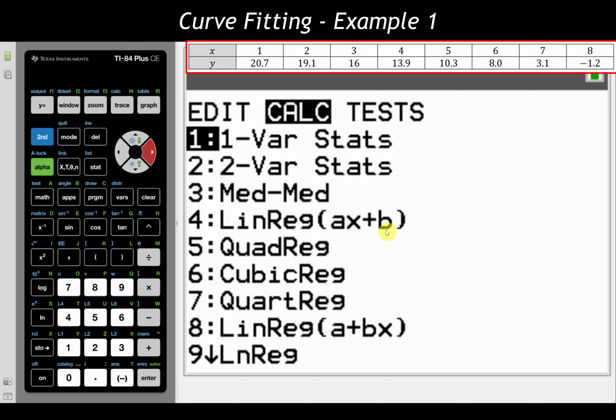There are technically two versions of these. They calculate the exact same thing. I would recommend using this one because this is closer to being in our slope-intercept form, the y equals mx plus b. It just has that x value in front. If you'd like to use the one down here, you're welcome to. I also think it's just the first one we get to, so why not use that? So we're going to scroll down and have it perform a linear regression for us. Go ahead and hit enter.